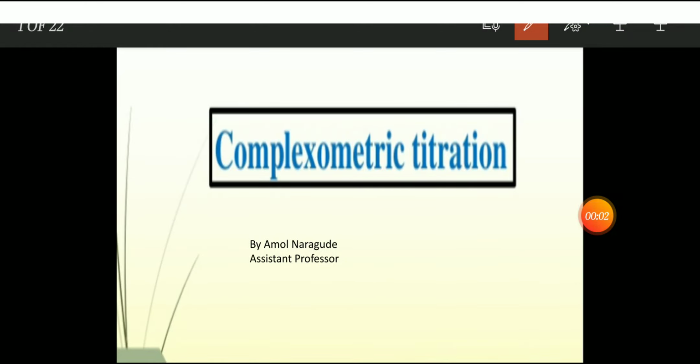गुड मॉर्निंग फ्रेंड्स। आज हम देखेंगे कॉम्प्लेक्सोमेट्रिक टाइट्रेशन फ्रॉम फार्मास्यूटिकल इनऑर्गेनिक केमिस्ट्री, जो कि एज पर पीसीएस नॉर्म्स, पीसीएस सिलेबस फार्म डी एंड बी फार्म के लिए भी एप्लीकेबल है।